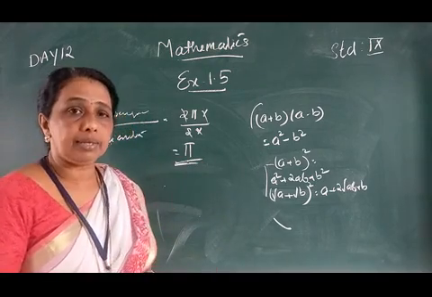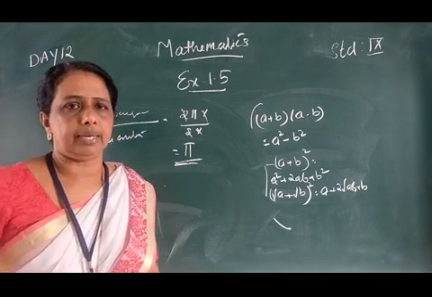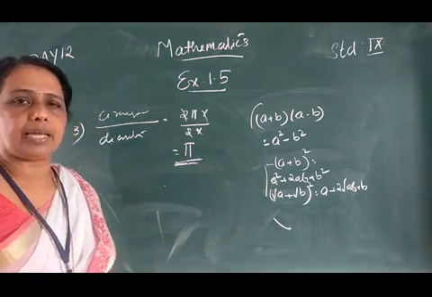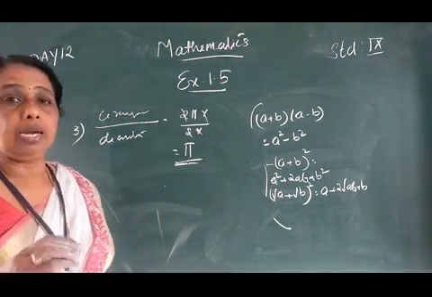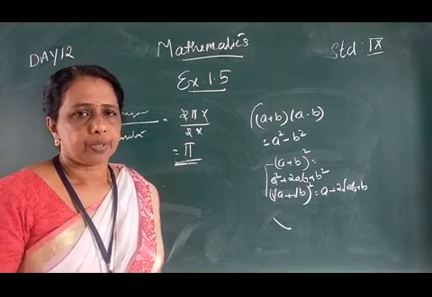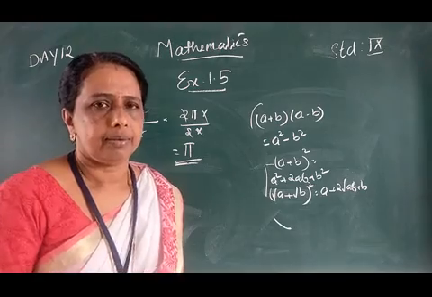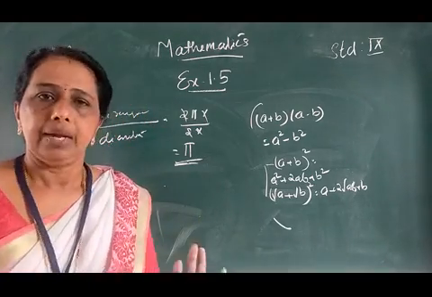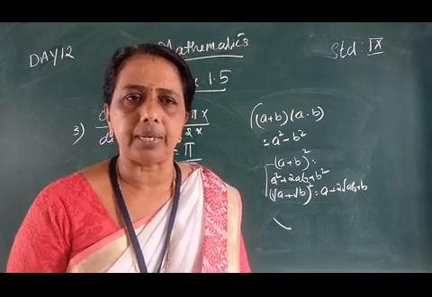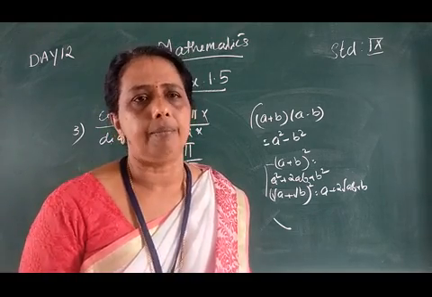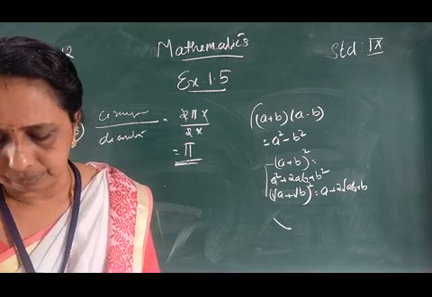So the value of pi is not defined exactly, it is extended. So we have to say that pi is an irrational number. There is no contradiction, because these two values are only approximate values. So pi is an irrational number. Its value we always get as an approximate value, and it is an irrational number. So we have to say that pi is always an irrational number. That is what we wanted to explain.